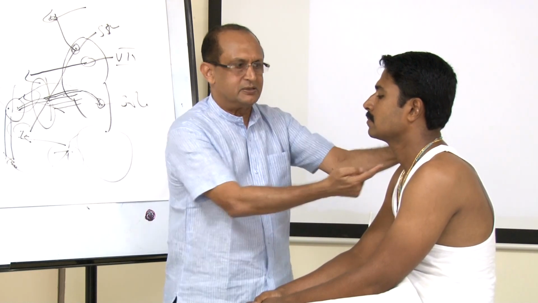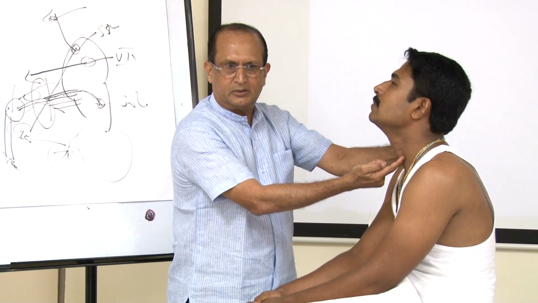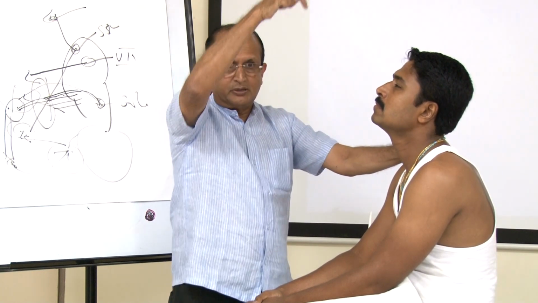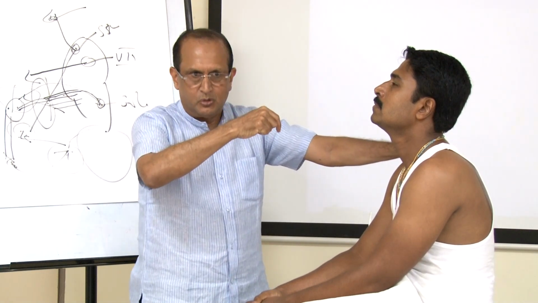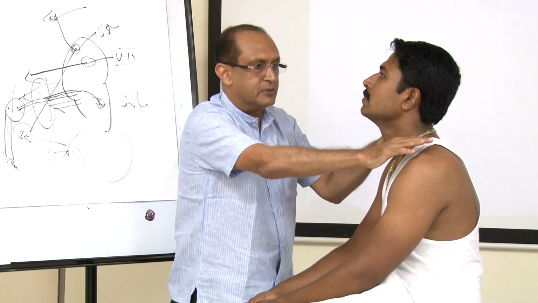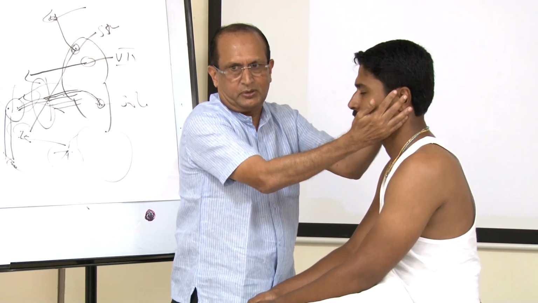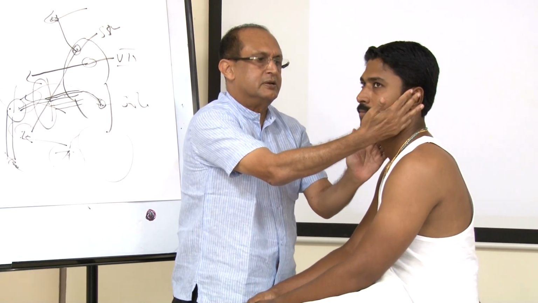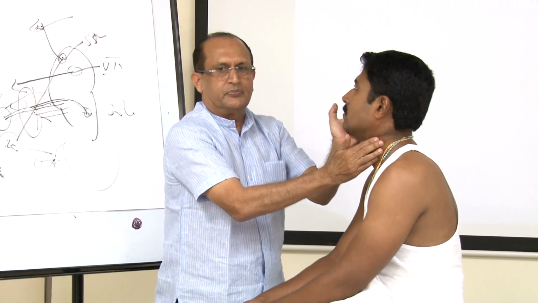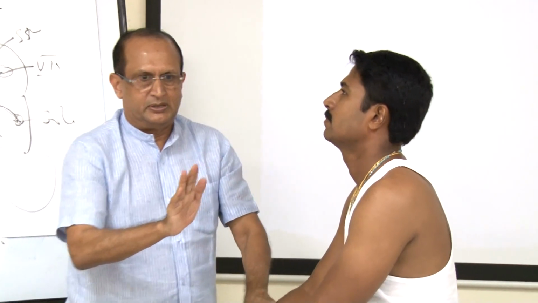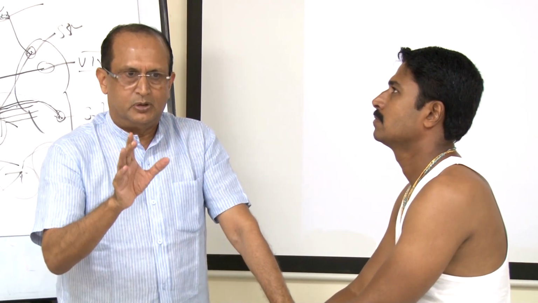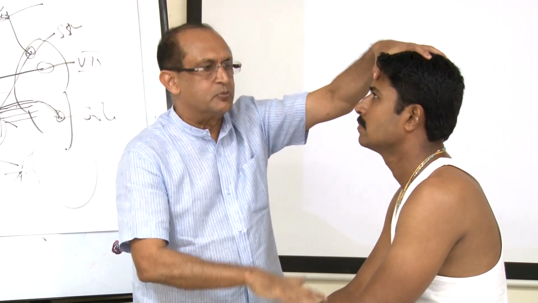And then 11th. Of course, 11th has got 2 parts, the spinal part and the central part. The spinal part arises from the upper 5 cervical segments and goes through the foramen magnum to join the central part which comes from the medulla, and then they come out and supply the trapezius and the sternocleidomastoid. So you ask him to push the other side, and you feel this side, and then raise the shoulders for the trapezius. That is the 11th nerve. 12th nerve, hypoglossal, again situated in the medulla. Ask him to put out the tongue.